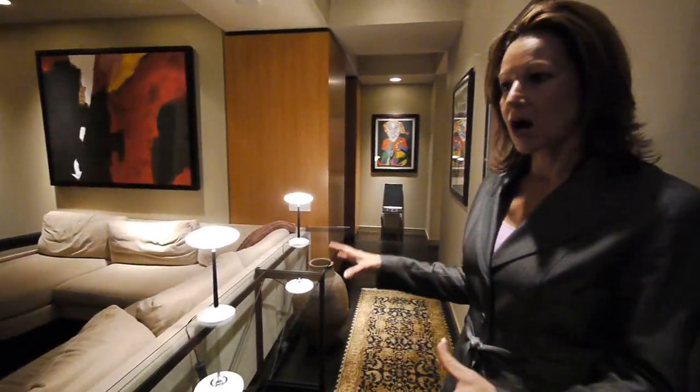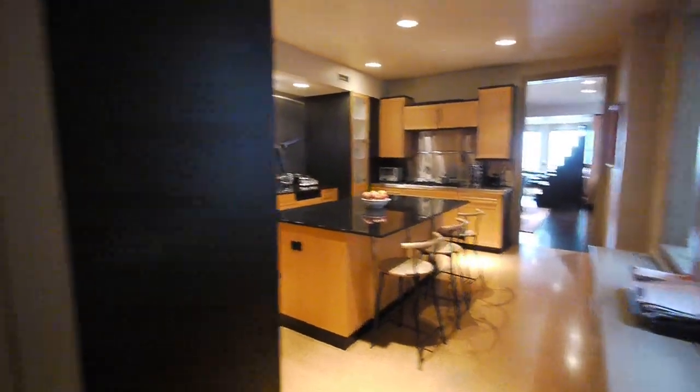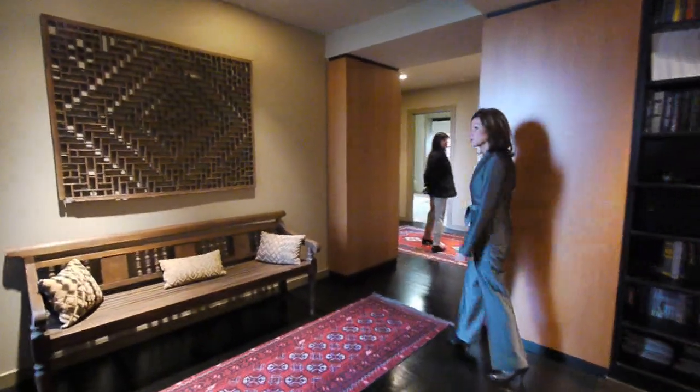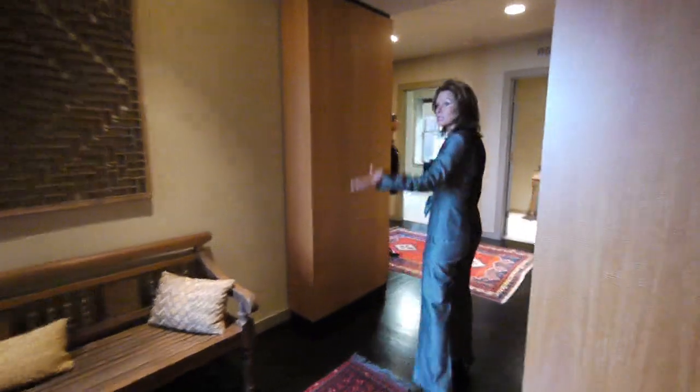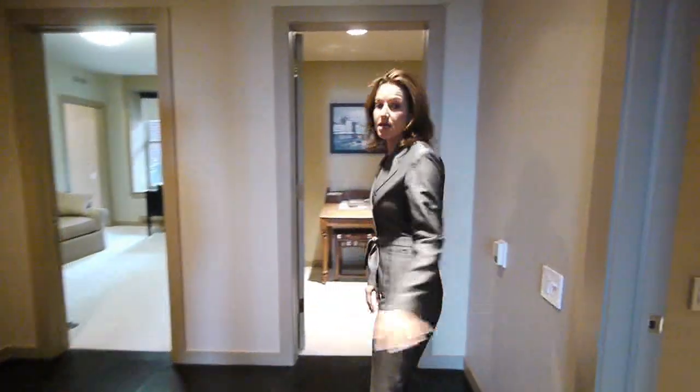I know that our seller lives in this room. It's very comfortable and easy. As you come through, the more private space, the bedrooms are in the back wing, and there's a lovely terrace from here as well. But you can see you get lake views even from this room here. It's a great flow to the house. It really has a nice...